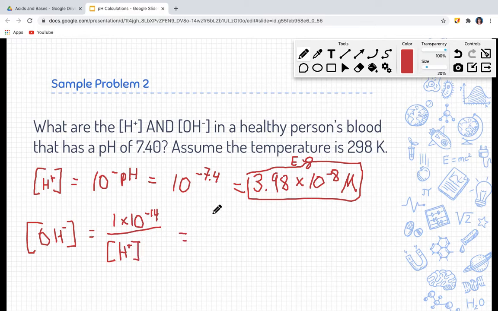So what we're going to have is 1 E negative 14, typing it into your calculator, divided by that 3.98